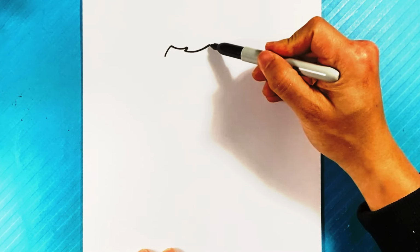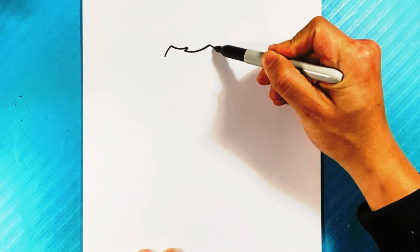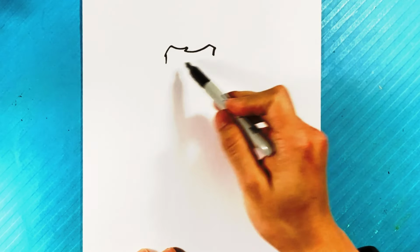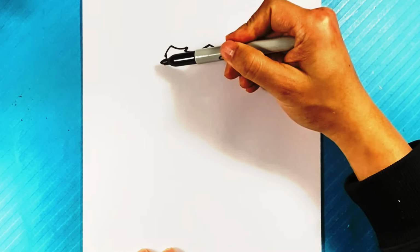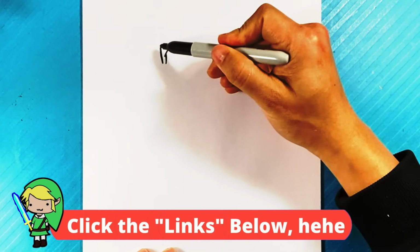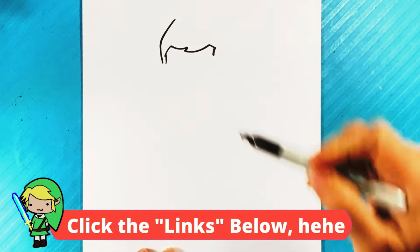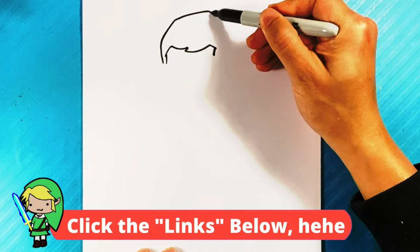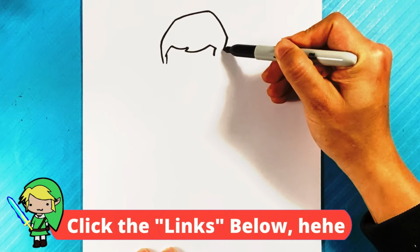Okay. And that's going to be going into Mr. Beast's hairdo. Pulling out over here, down. Pulling down here a bit for the side right here. This is going to be kind of the eyes where they're going to be. So I'm going to go on this side. I'm going to pull out. Curve over here and keep going over here on this side, out over here and down to kind of get